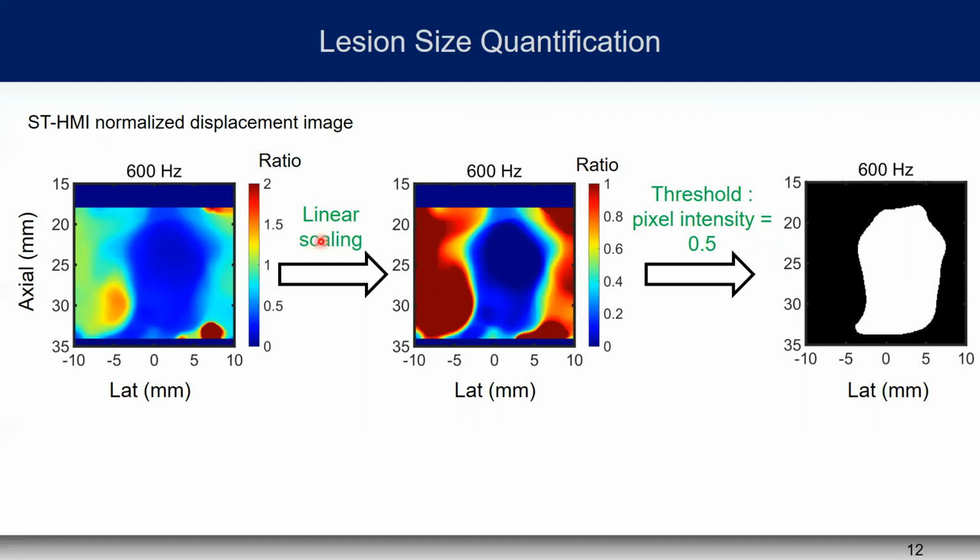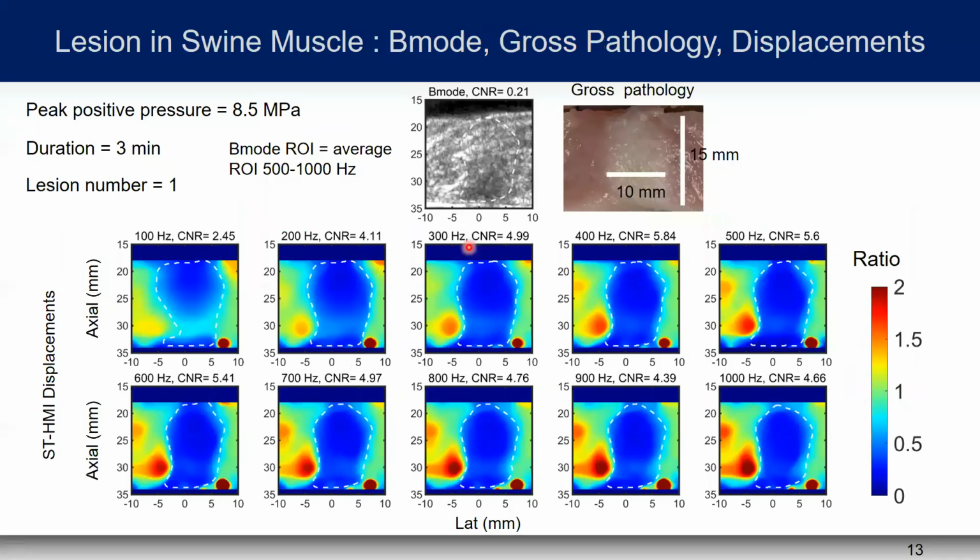gross pathology images. Here is an example lesion with 3 minutes of duration, and here is the B-mode image. In the B-mode image, you cannot see the lesion; B-mode cannot detect the lesion size. Whereas in the gross pathology, you can see that the lesion was 10 by 15, 16 millimeters or so, and the displacement image shows that there is a low displacing, or stiffer,